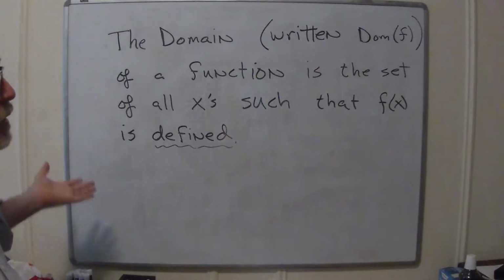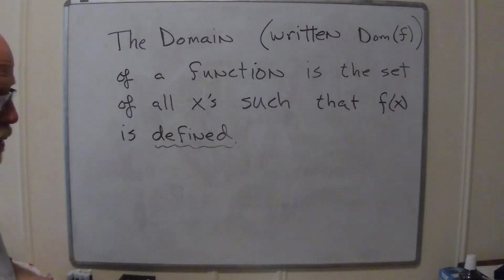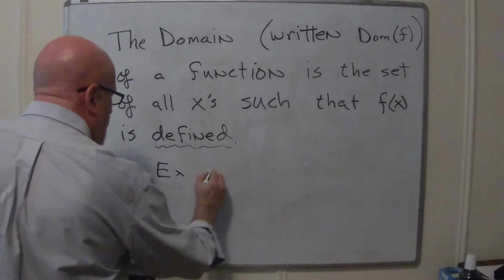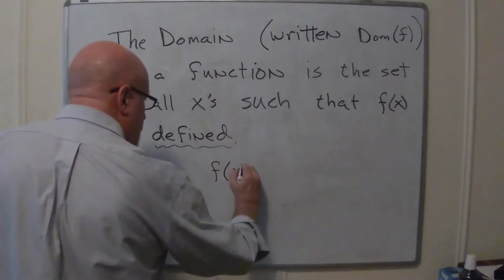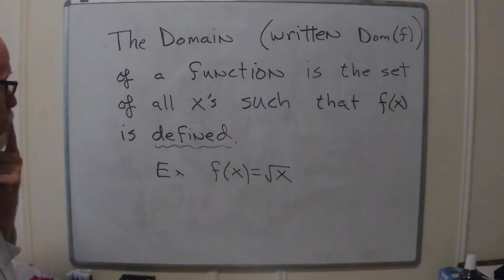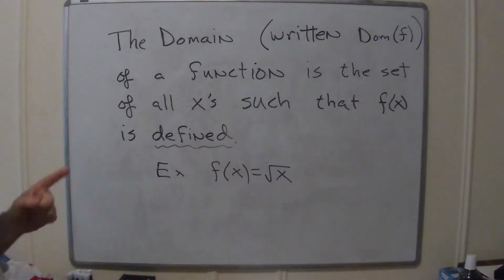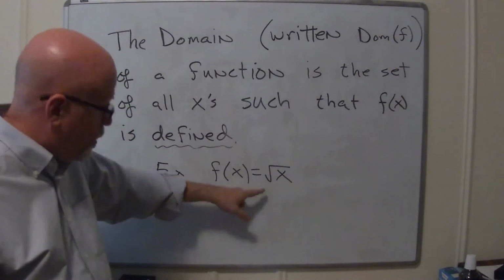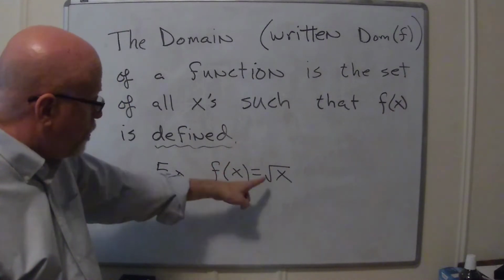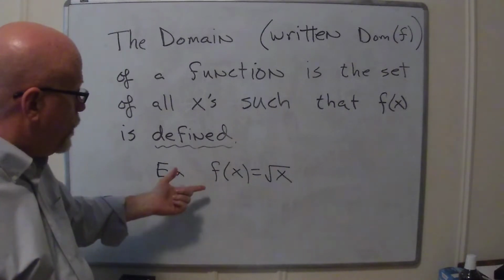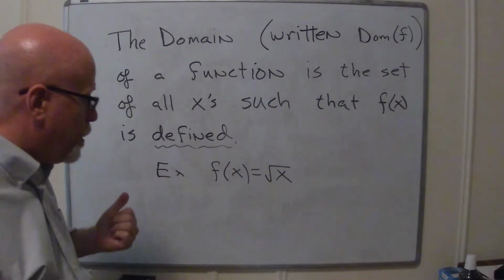Often, though, a function is handed to you with a formula or a table or something, and you have to guess what the domain is. An example of this might be the square root function. F of x equals square root of x. What's the domain of that? Can you take a square root of 0? Wait a minute, is that all right? Yeah, you can. 0's square root would be 0. And positive numbers are fine, and anything above 0 is going to be all right. So what isn't okay? Negative numbers.